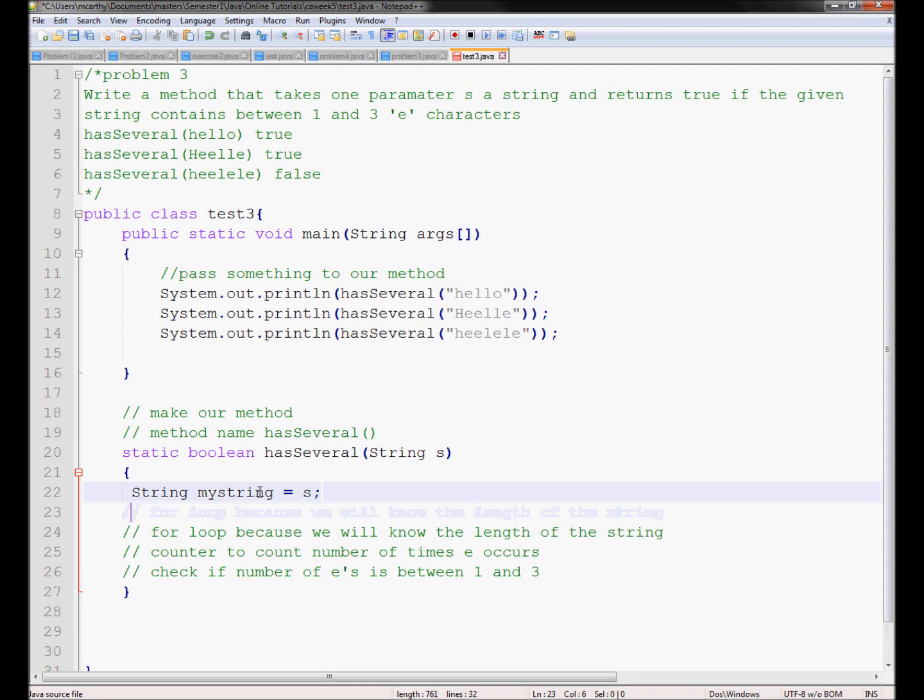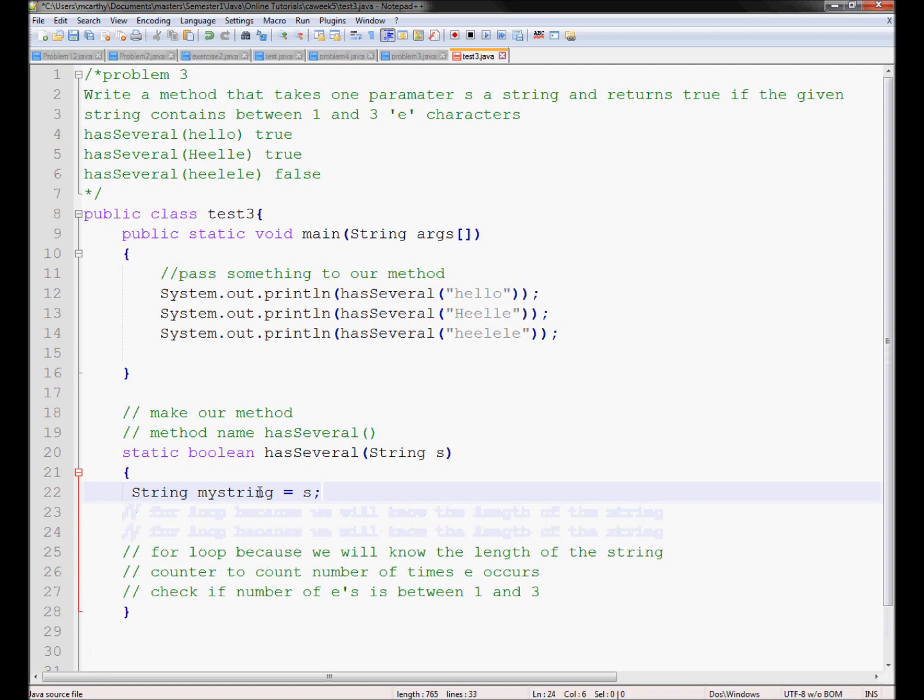Okay, we're now going to make our for loop. So we're going to say for int i is equal to 0, because we want the index at 0, so the first letter of the word or of the string, semicolon. Then we want to say, while i is less than or equal to my string dot length